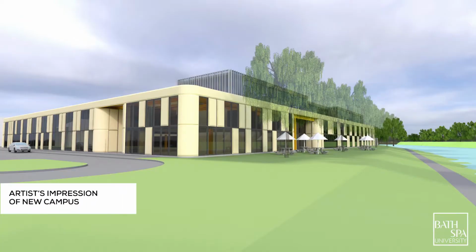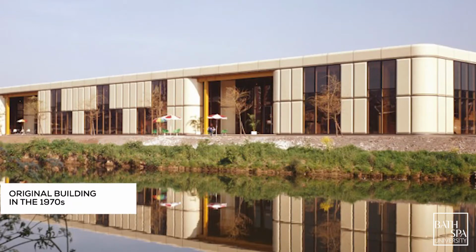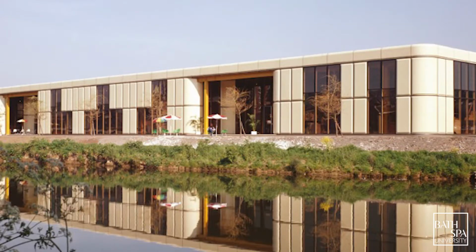We've been based at the Sign Hill campus since the late 1980s. We've outgrown the site. So we're really thrilled about occupying the former Herman Miller factory at Locksbrook Road, which was designed by Sir Nicholas Grimshaw. It's an iconic building that was built for an iconic design company, and we're really thrilled that the School of Art and Design, which of course I believe to be an iconic School of Art and Design, will be occupying